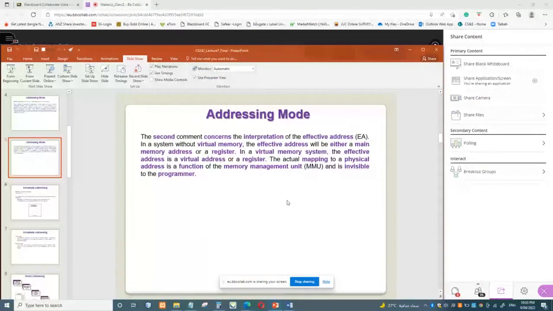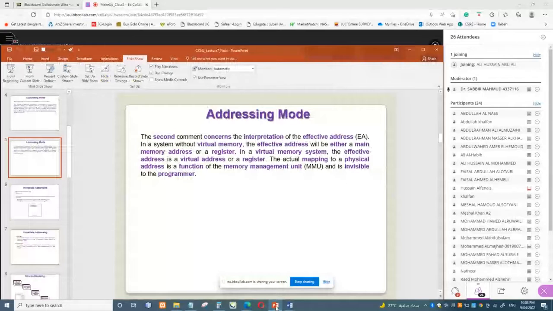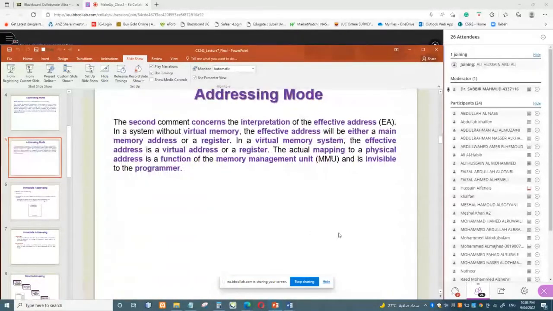Can you see my slide? Yes, we can. Is it all right? Or do you need to make the screen bigger? Yes, it's clear. Okay, so